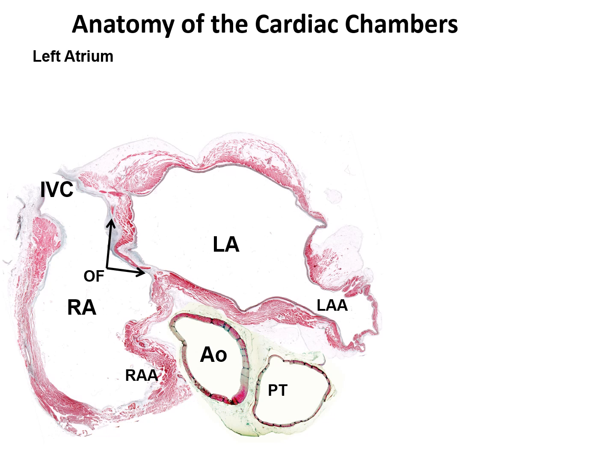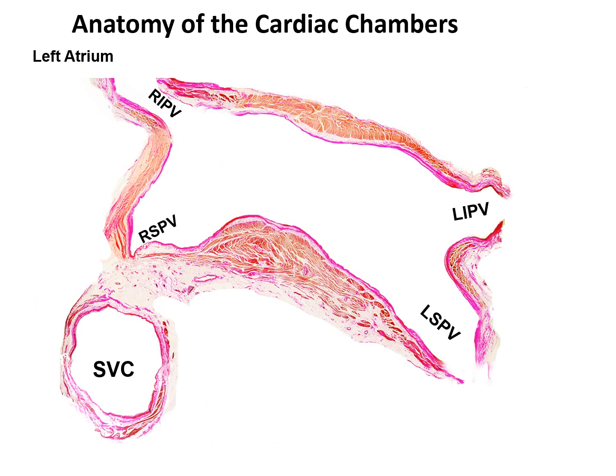In terms of the right atrium and the left atrium, we can see here the right atrium, the fossa ovalis, the IVC, the right atrial appendage, and the left atrium. And you can see the connection between the right atrium and the left atrium is relatively thin. There are four pulmonary veins which drain into the left atrium. There are two on the left, which is the left superior pulmonary vein, the left inferior pulmonary vein, the right superior pulmonary vein, and the